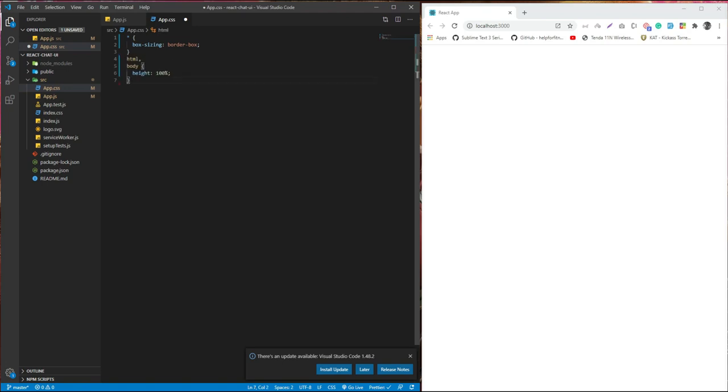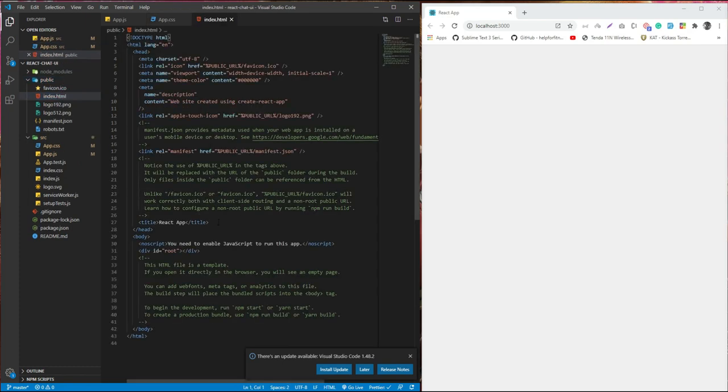Now this will make the HTML height 100%. I can use 100vh also, but for some browsers the vh unit is still not supported, so I prefer to use percentage, because it's supported by all the browsers. All outdated and modern browsers support this. Okay, here is a root div. I go to the public directory. In the index.html you can find there is a root div already present here.